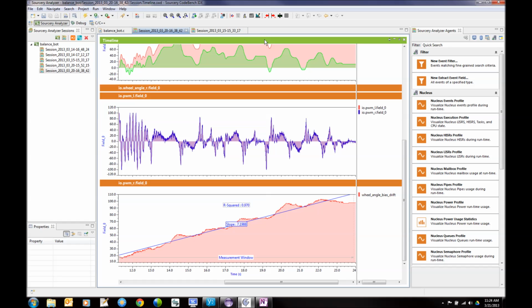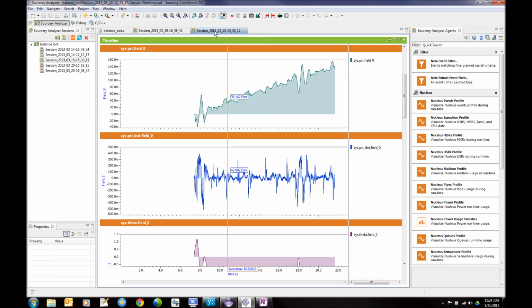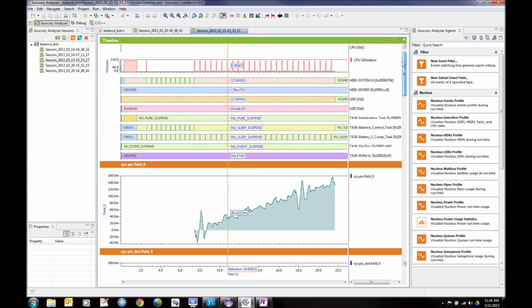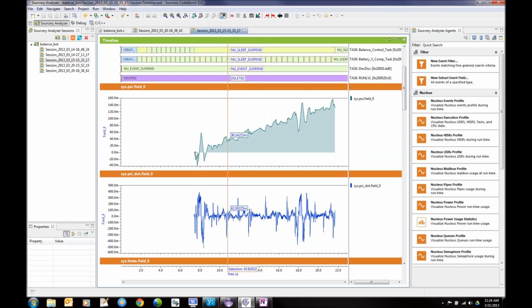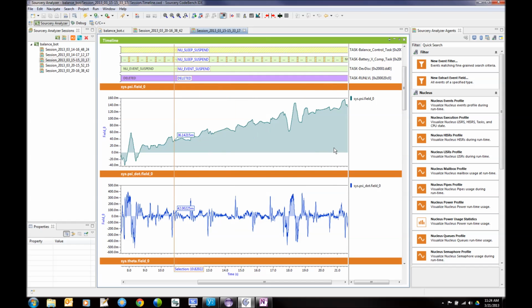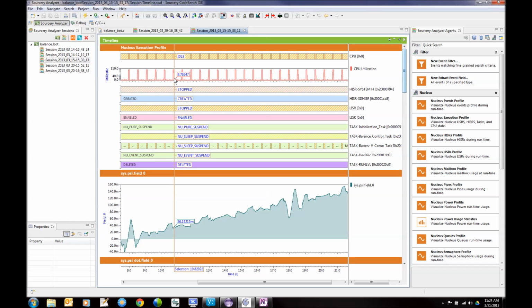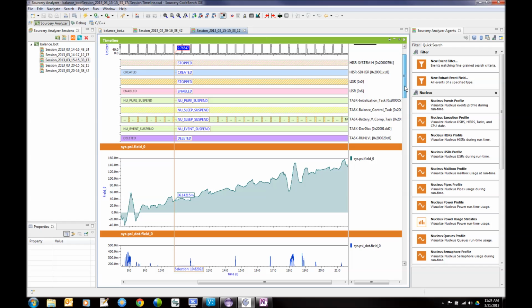Moving on, I'm going to now switch over to a previous trace data acquisition that I've done, just to show a high-level overview of all the various data visualizations that can be done for this particular application. So this is the visualization. We're looking at the CPU state. Here is the CPU utilization profile, and then these are the various tasks and interrupts and high-level interrupt service routines